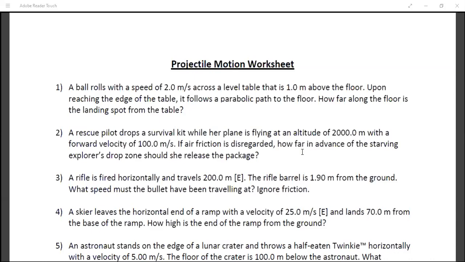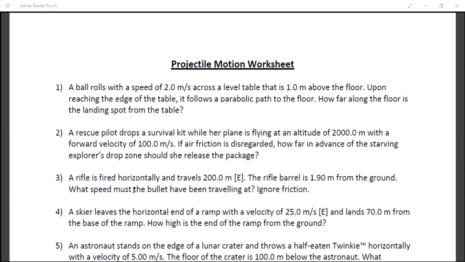Sir, the table is at a height of 1 meter. So according to the formula, we will put 1 is equal to half gt square. So we will get the time of the ball reaching the ground, which would be root 1 by 5, and then we will put it in the formula of range, which would be range is equal to 2 into root 1 by 5. So the answer would come 0.89. But why did you do 1 is equal to half gt square? Because it is the height from which it falls. Means you took u as 0 for vertical.